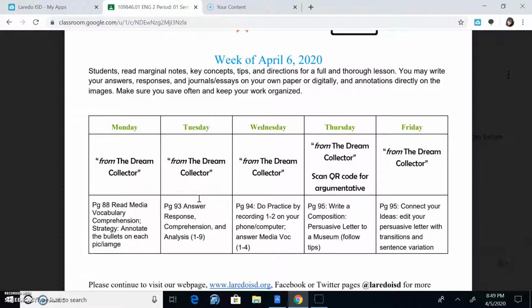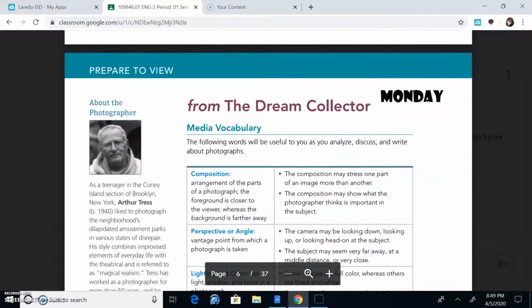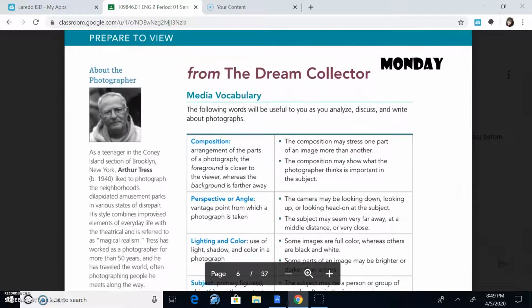Okay, so first today on Monday we're going to go over some media vocabulary. These are vocabulary words that you need to know and understand so we are able to do the assignments. Remember, we have in the star selections multimedia. That means the story has a graph, has a picture, has something for you to analyze. So right here, this is how you can connect it to that. For media vocabulary, these are the following words, and you are going to have an assignment on the following